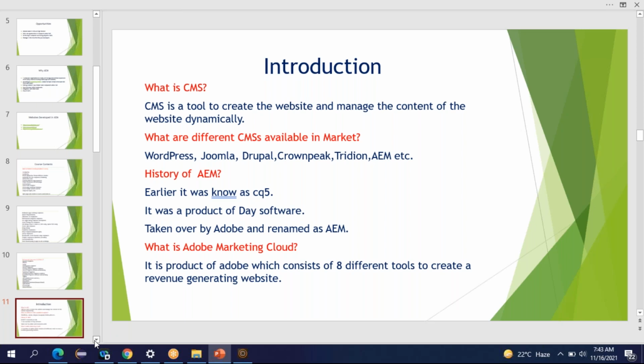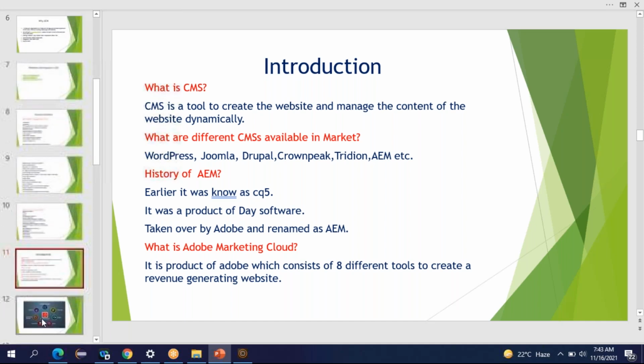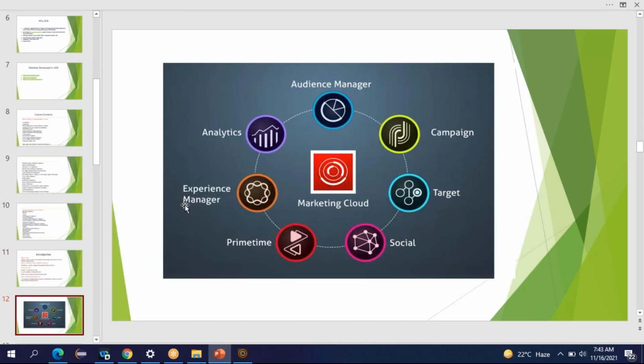Adobe has a product called Adobe Marketing Cloud. In that product, there are a number of tools, and AEM is one of them. Like AEM, we have Adobe Analytics, Audience Manager, Campaign, Target, Social, Prime Time, and so on. Adobe sells Adobe Marketing Cloud.